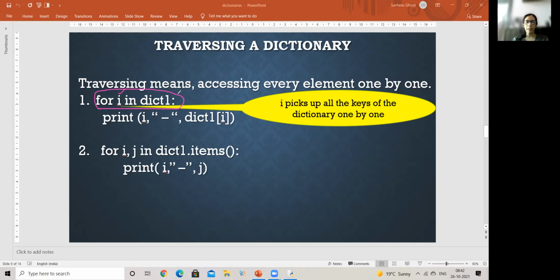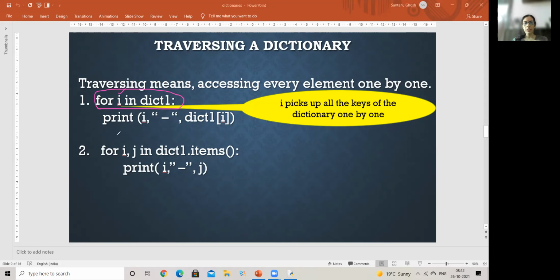Dictionary one itself generates all the keys for me, and the counter variable fetches them one by one. The first key in my previous example was Gargi, second was Mohawk, third was Gargi with a capital G. So i is, for the first time, Gargi.